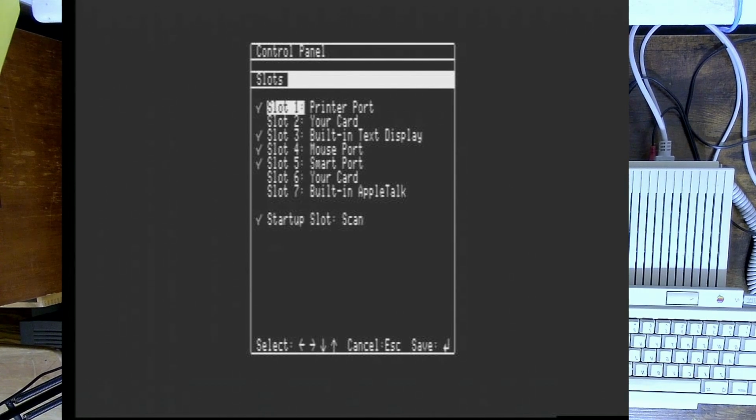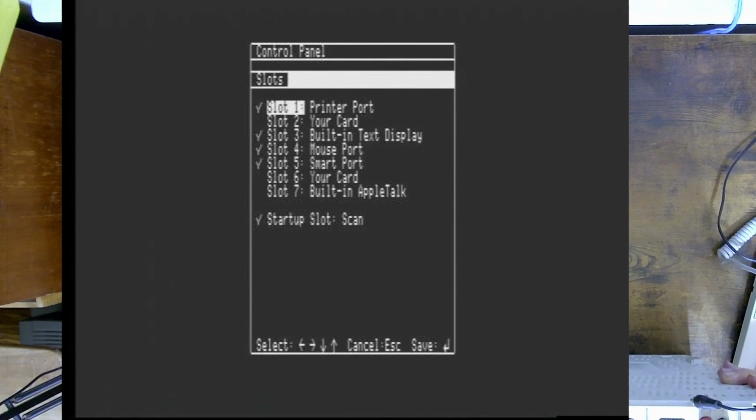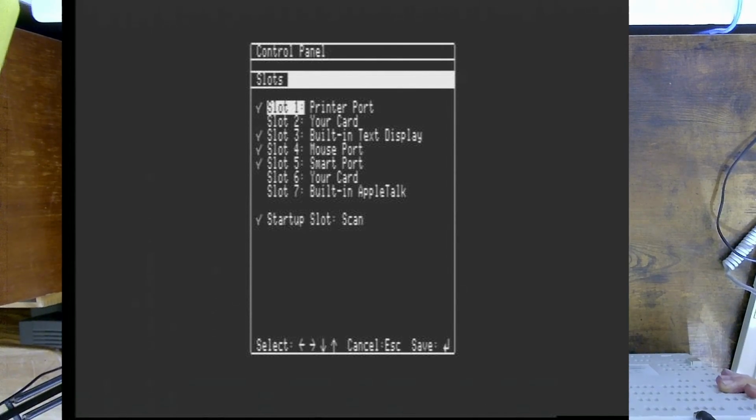On a GS, you can change some of the settings for the slots, because the GS, unlike the Apple IIe, has a lot of built-in functionality. On the bottom of it, where I showed you, we plugged in the AppleTalk connector, or their PhoneNet connector. There are 2 serial ports here. And if you set them to the system default, this would be the printer and a communications port in basically slot 1 and 2. There's a disk drive port, and this actually can be for 5 1/4 inch drives, which would be out of slot 6, or 3 1/2 inch drives, or even a hard drive, which would be out of slot 5. We have a mouse,